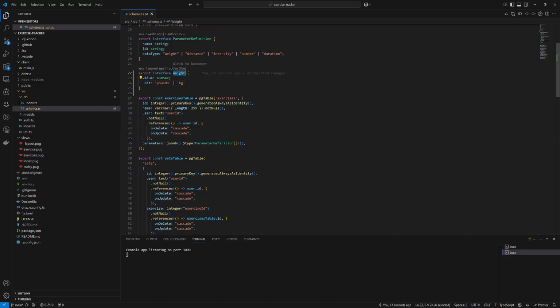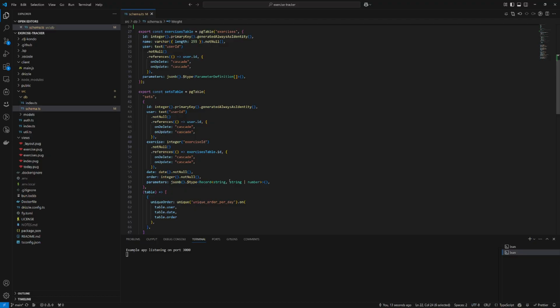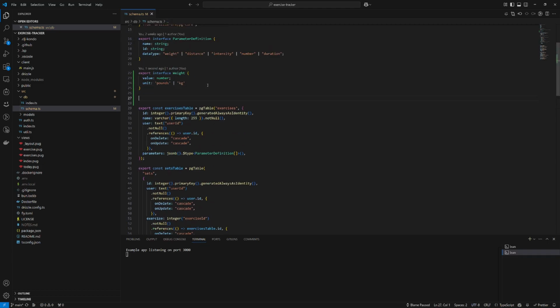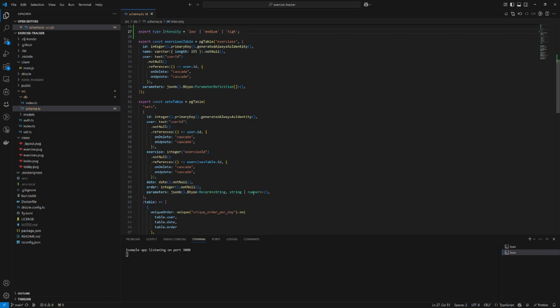Okay, so we have weight, and now this would be something like string, which is used for intensity. And really, let's actually make an explicit type for that as well, which is low, medium, or high. And so this could be weight,